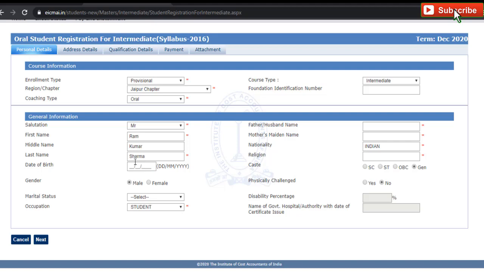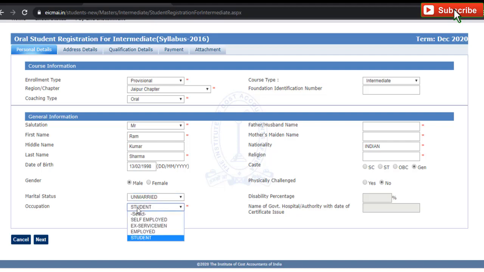Here you have to fill the date of birth. I am putting it randomly, 13 Feb 1998. You have to select gender, male or female. Marital status, married or unmarried.